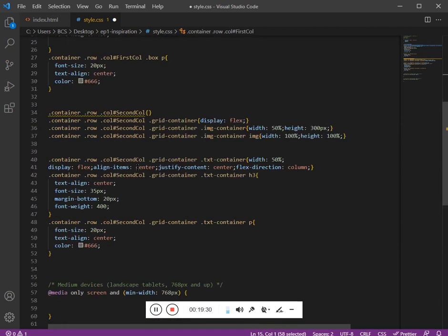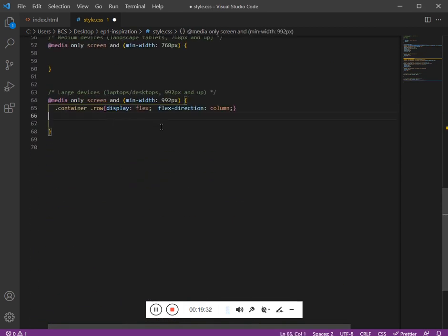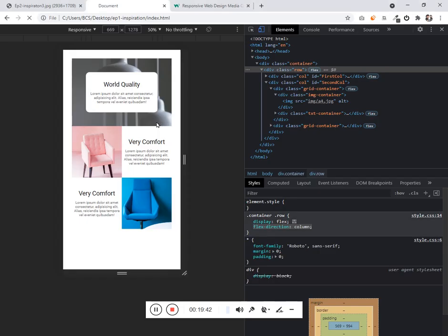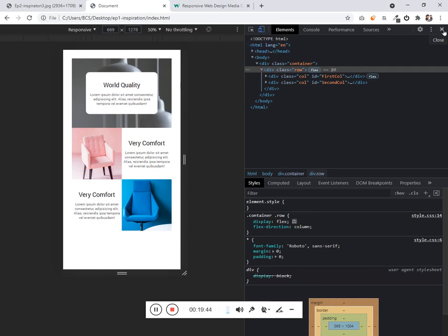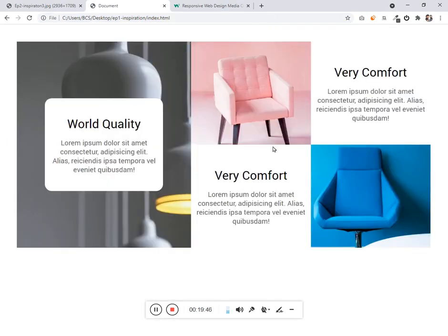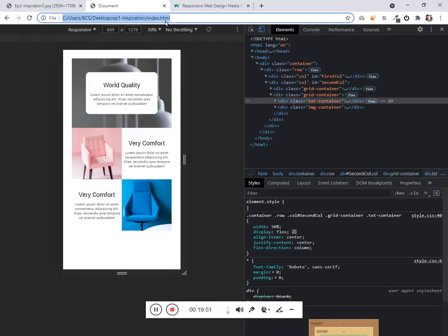But for mobile and desktop, sorry for that, I want it to be row for desktop. So if I refresh, for desktop it is perfect, and for mobile also it is perfect.